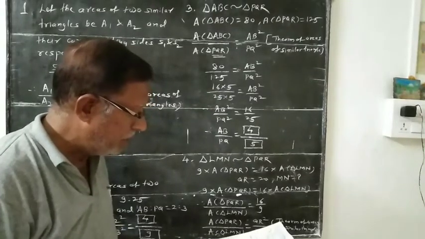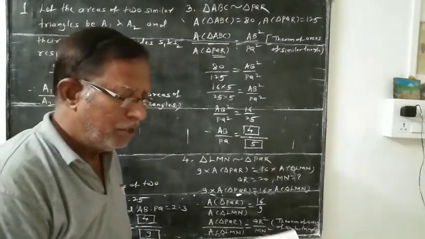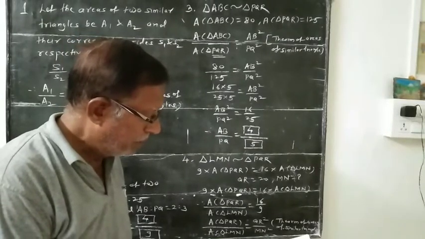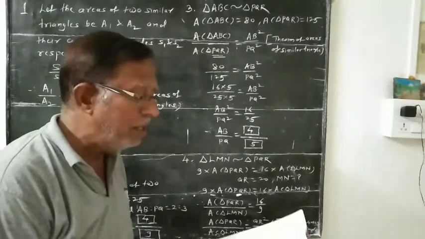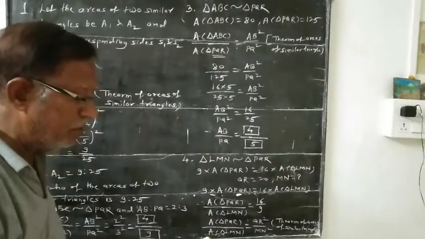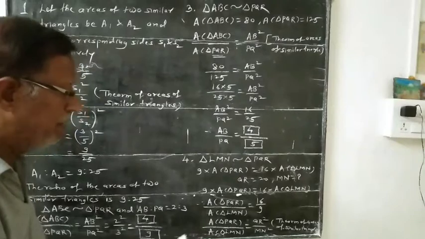And when two triangles are similar, the ratio of areas of those triangles is the ratio of the squares of their corresponding sides. Therefore, area of triangle APB upon area of triangle CPD is equal to AB square upon CD square, by the theorem of areas of similar triangles. Now practice set 1.4. The ratio of corresponding sides of similar triangles is 3:5. Then find the ratio of their areas.